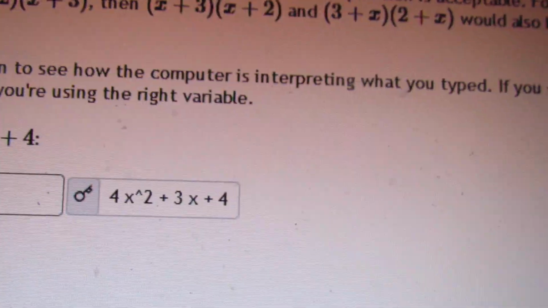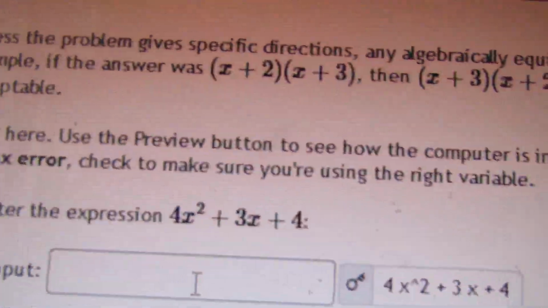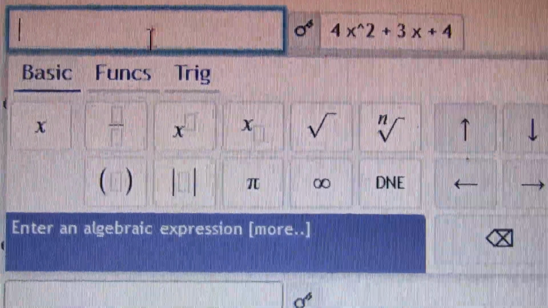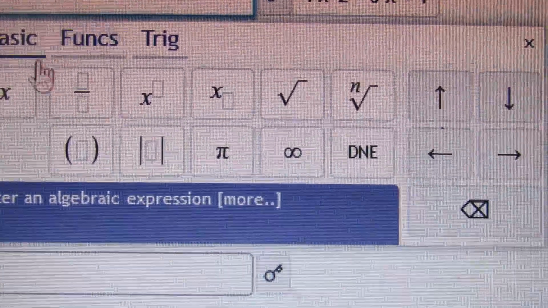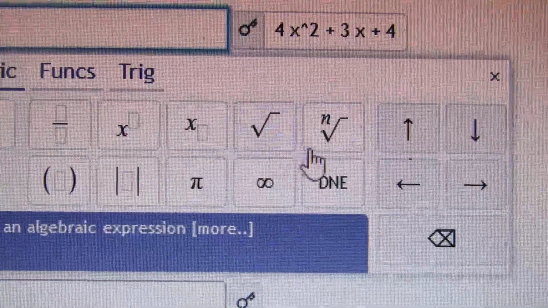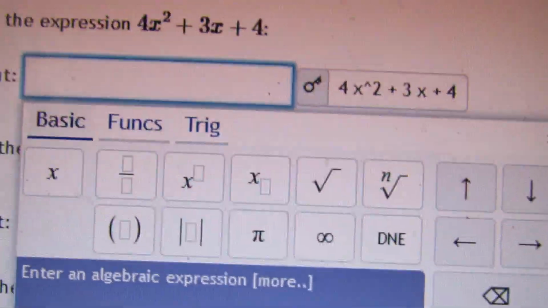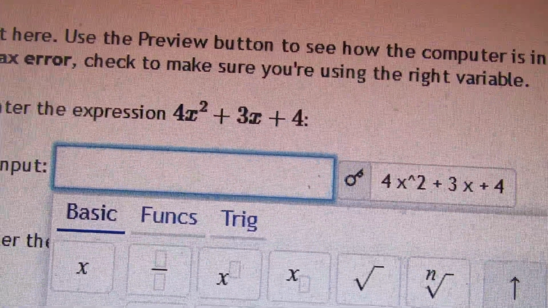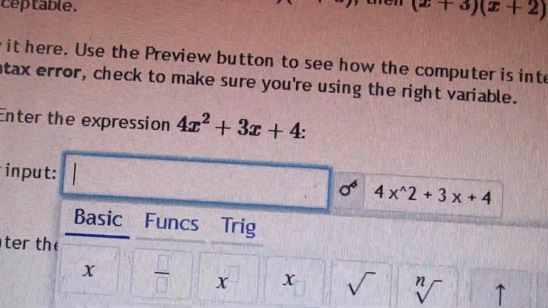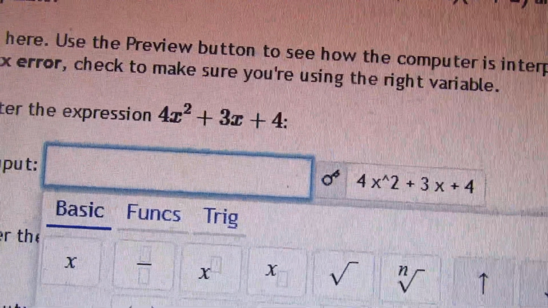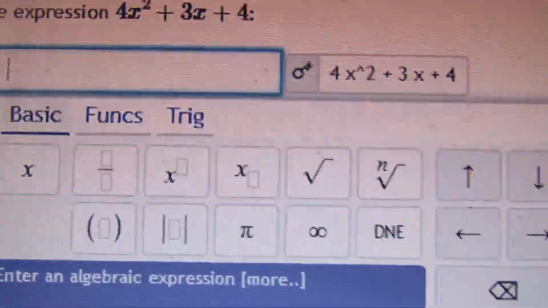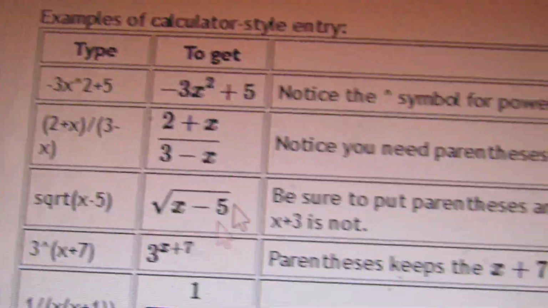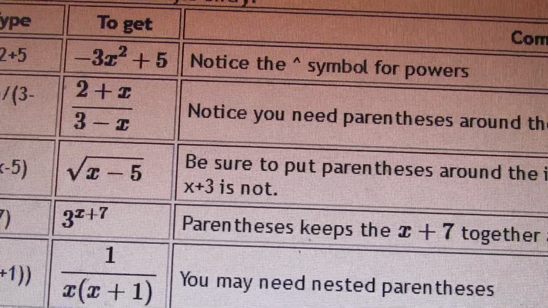Now, MyOpenMath has actually made some updates where instead of a yellow arrow, you just click in the answer box and a drop-down menu comes with some of the symbols. So you no longer have that arrow, but there are some questions that you may get in your homework or quiz or even tests where this doesn't pop down, and that's where you need to know all of these methods